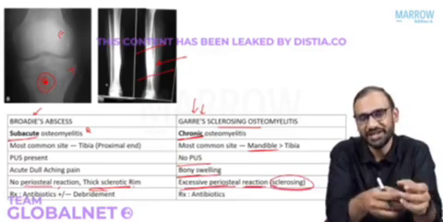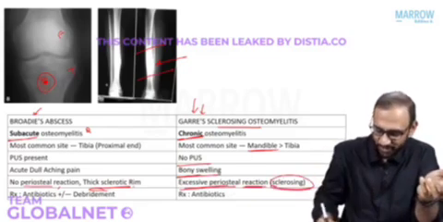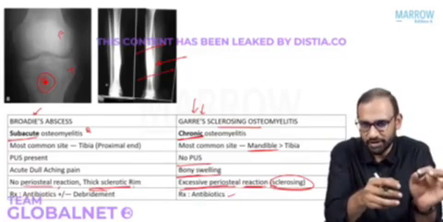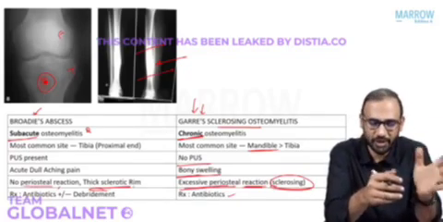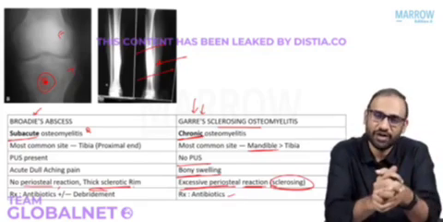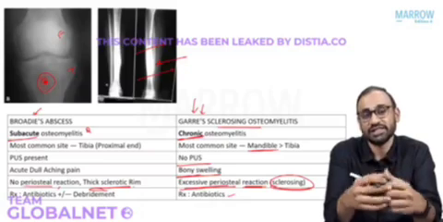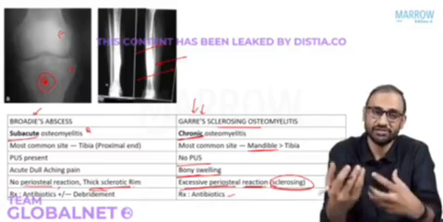And since there is no pus there, you don't even have to go for debridement. You just go for antibiotic treatment. Okay, so Brodie's abscess, antibiotic treatment, and also try to remove the pus by debridement. Garre's, you just have to go for antibiotic. In Garre's, there is no pus, it's just a sclerosing osteomyelitis where there is excessive periosteal reaction leading to excessive bone